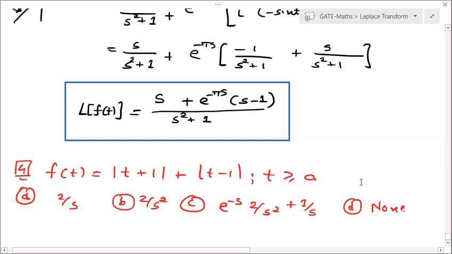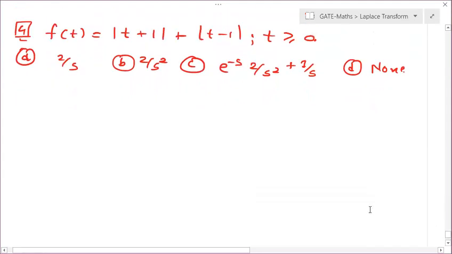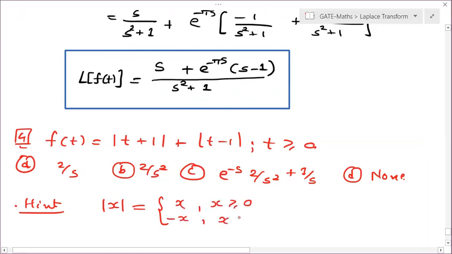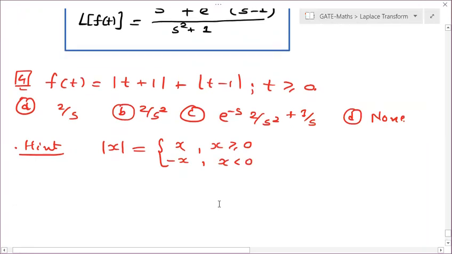Okay, chalo next. And for this I will give you hints simultaneously. See over here. For this, remember this hint: whenever you are having mod x, mod x can be written as x for x greater than or equal to 0 and minus x for x less than 0. Right. If it is mod x minus 1